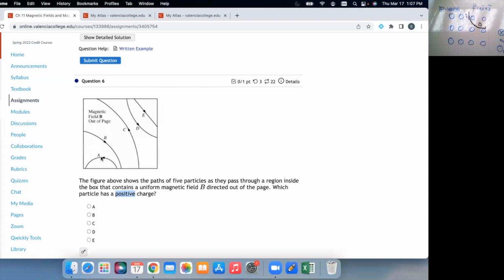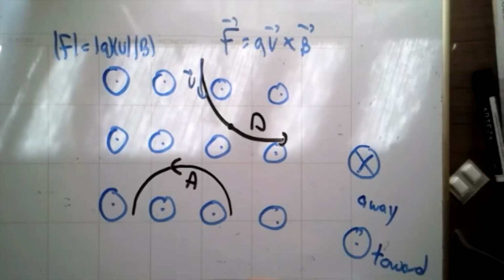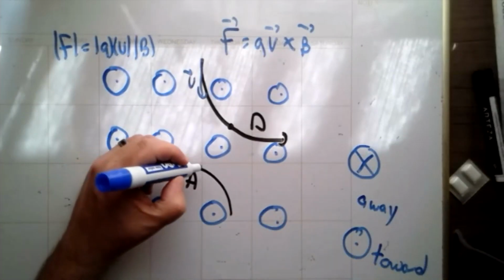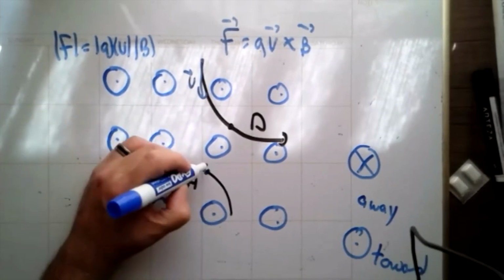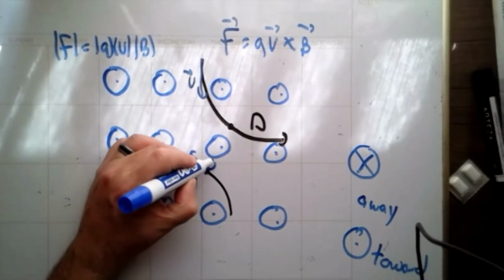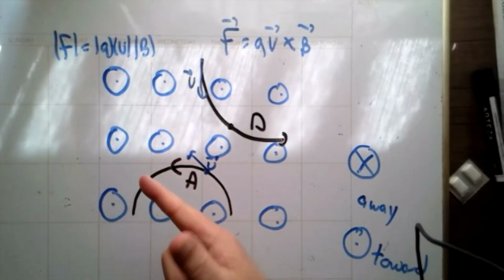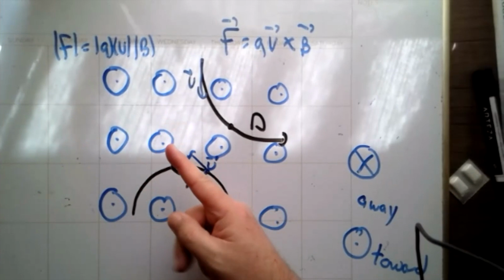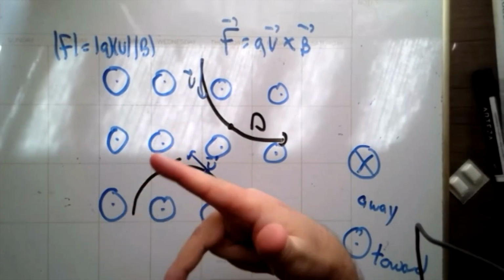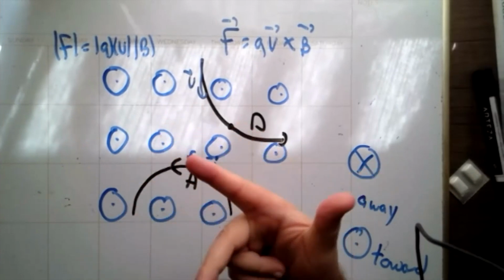What about A? Let's look at A. Say that he's right here. At this particular spot, say, maybe we'll pick that. We could pick any of these. There's a velocity vector. He was going that way. So first finger in the direction of V. Hold your fingers in like an